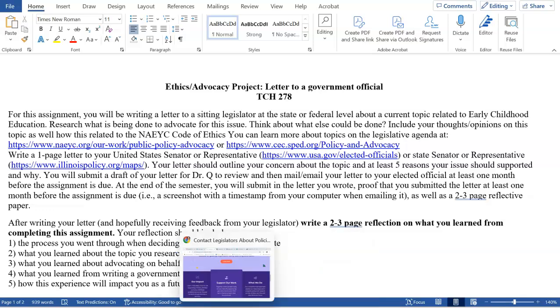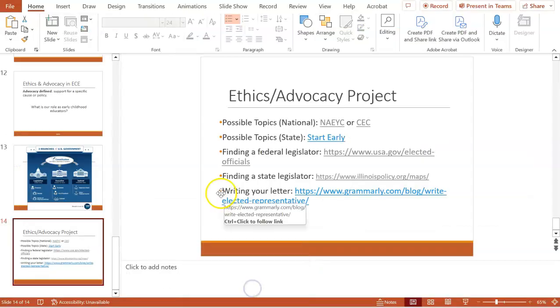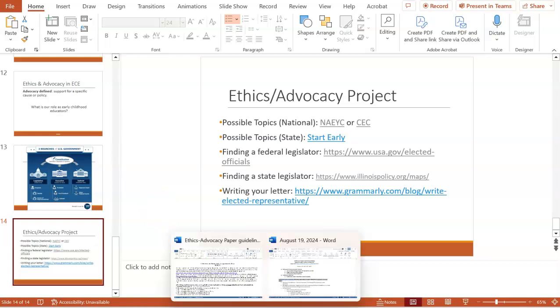Oh, I had it in the PowerPoint, I do believe. Yes, I did. Okay, so you have access to that site as well. So NAEYC, CEC, those are the two that I showed you first. Start Early is here. All right, so once you decide on a topic that you want to write about, next